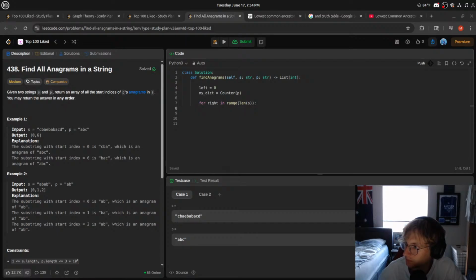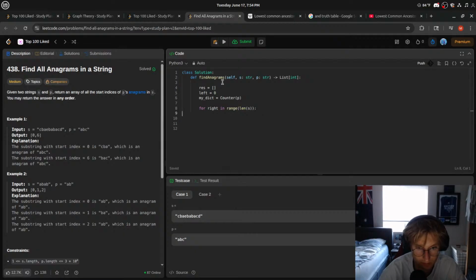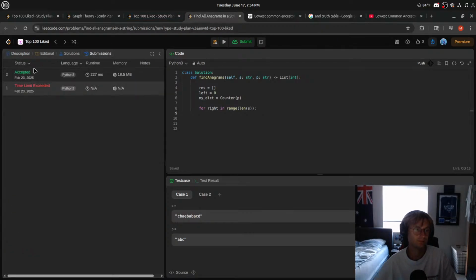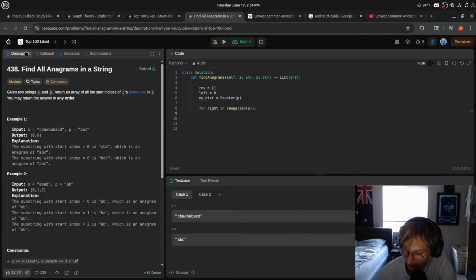I feel like we're probably going to need a res array. If i is greater than or equal to P,